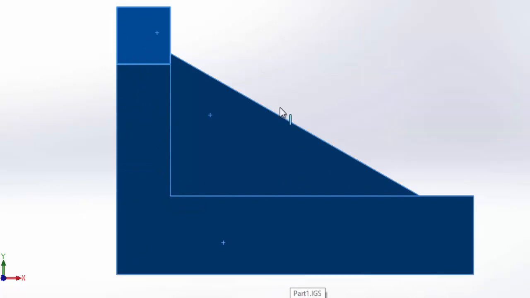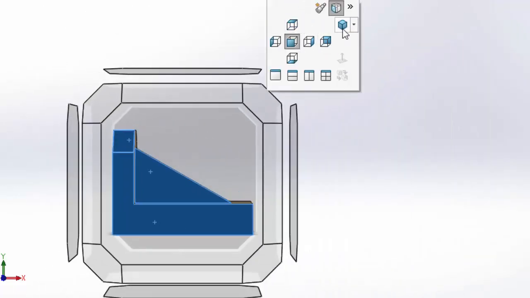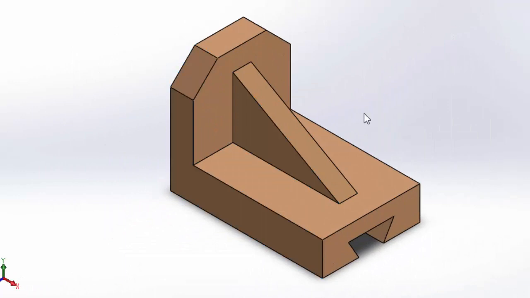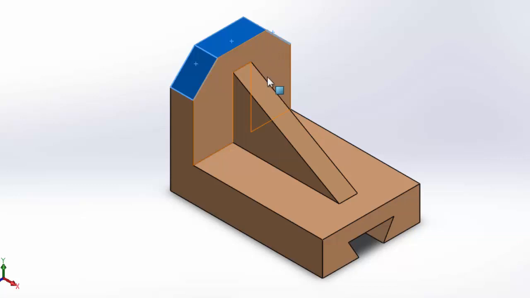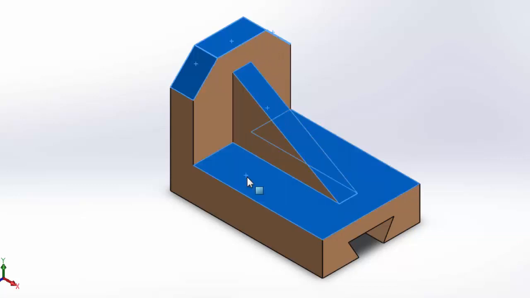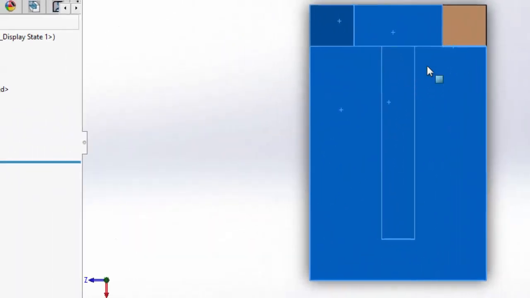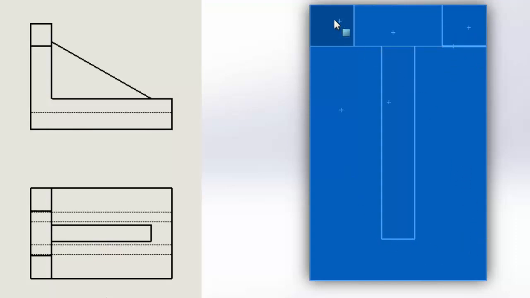Next we have to draw the top view. For that, let us see the isometric view first. From this isometric view, we have to draw the top view. In top view, if you see from the top, we can see this face and the face behind this and this face, then that's all. So in the top view, this face will be visible. If you see from the top, these faces will be visible. This will be the top view, and all other faces will not be visible.